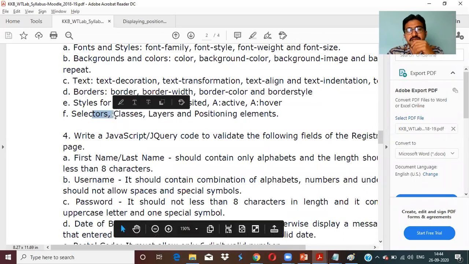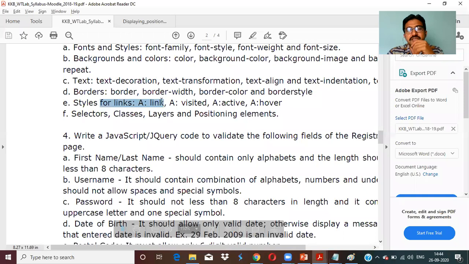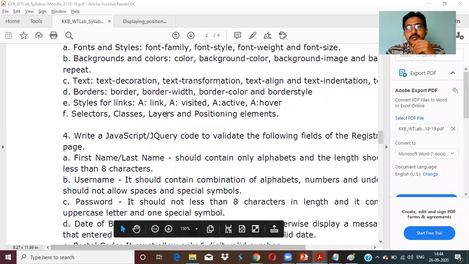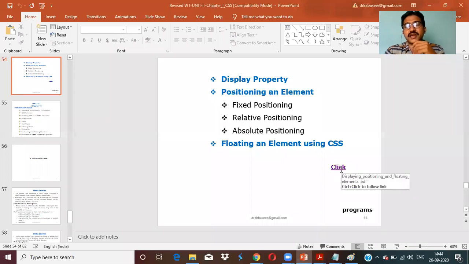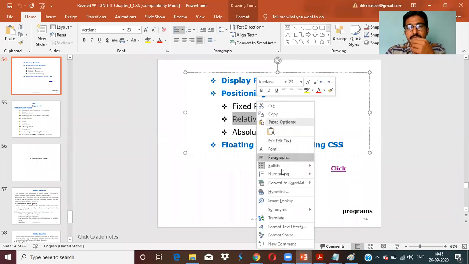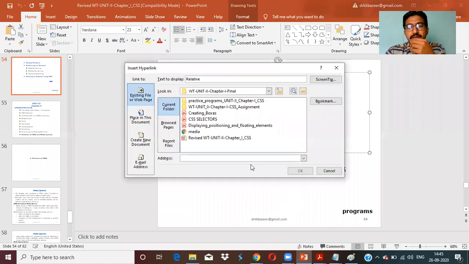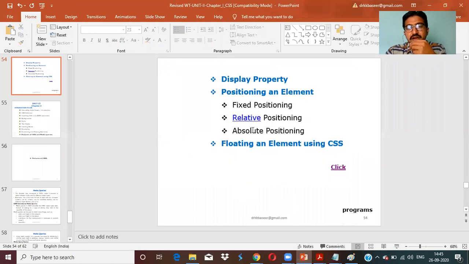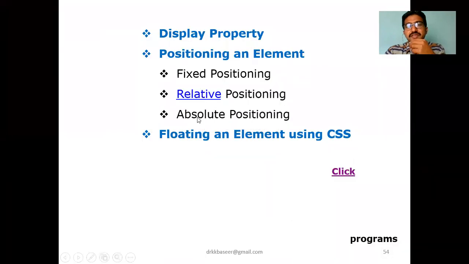Now selectors. But before going to selectors, let me see the styles on links. Styles on links means, first of all, tell me, here I have the link. When I'm creating a link, hope it is visible to you, initially it is a black color, right? When I'm making a hyperlink for this one, just click on hyperlink. I've just added, for example, a CSS selector. Now tell me what is the color of this.